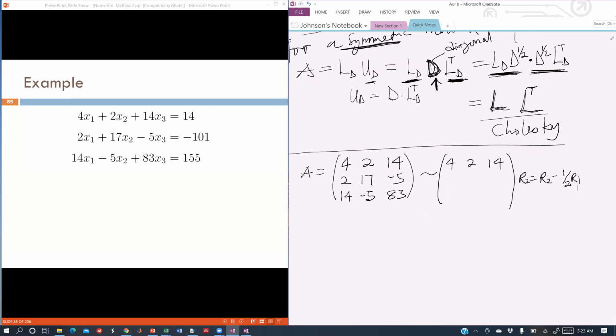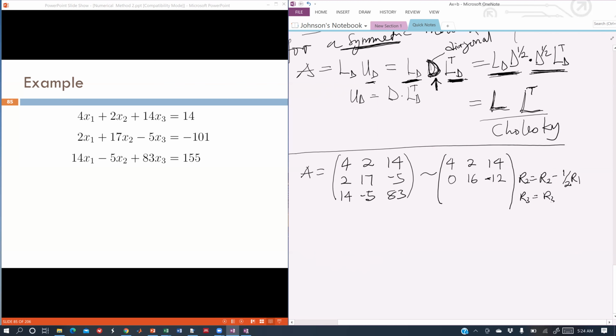So let's do that multiplication somewhere. I have 2, 17, minus 5. 1 over 2 times row 1 will give me 2 here, 1 here, and 7. Subtract, and that gives me 0, 16, minus 12. So 0, 16, minus 12. And then row 3 becomes